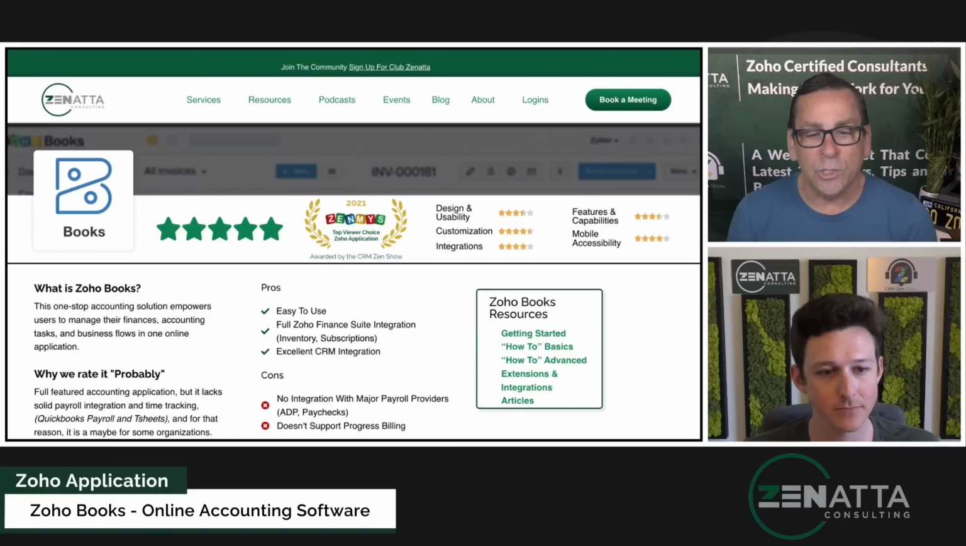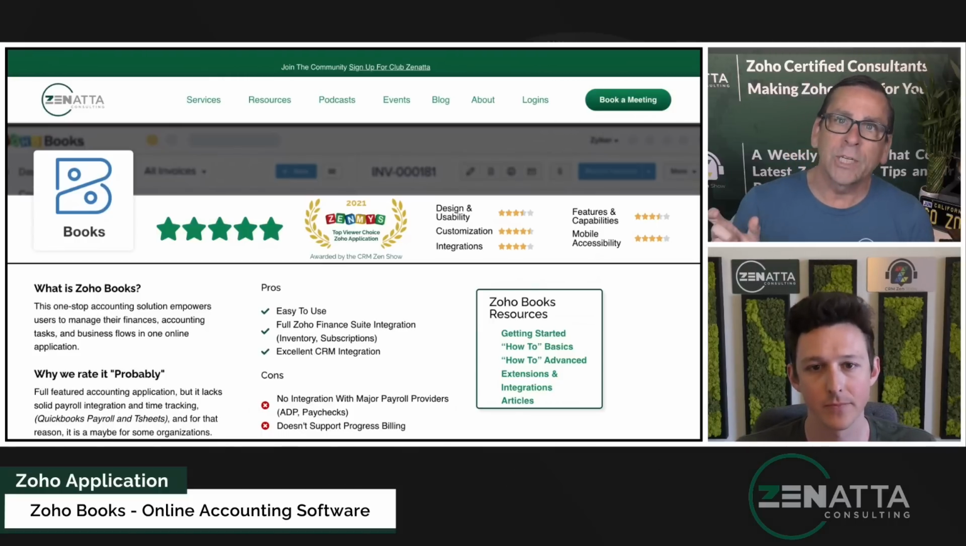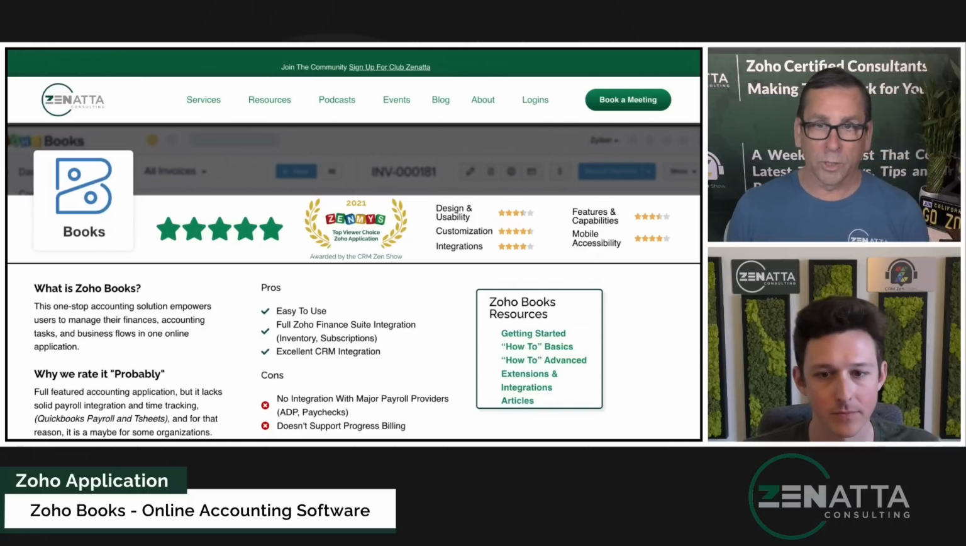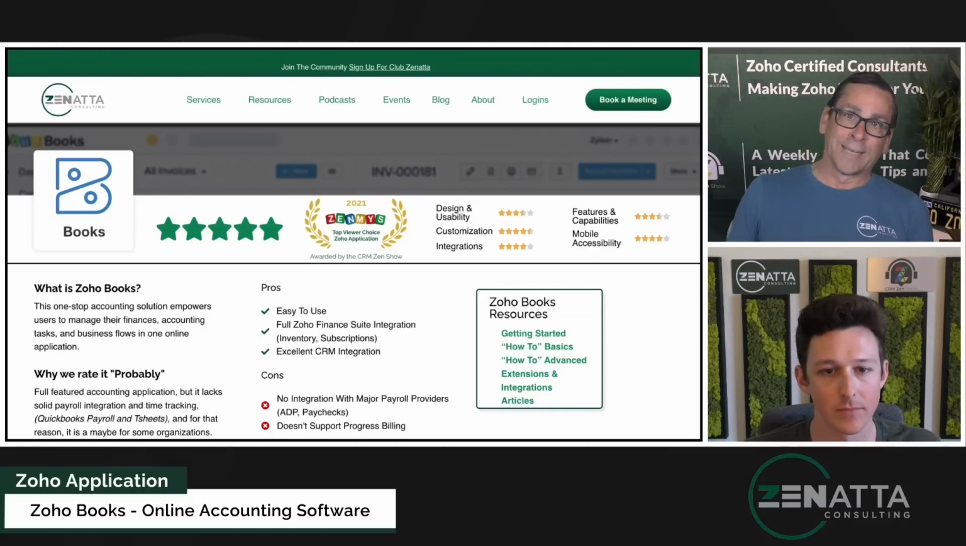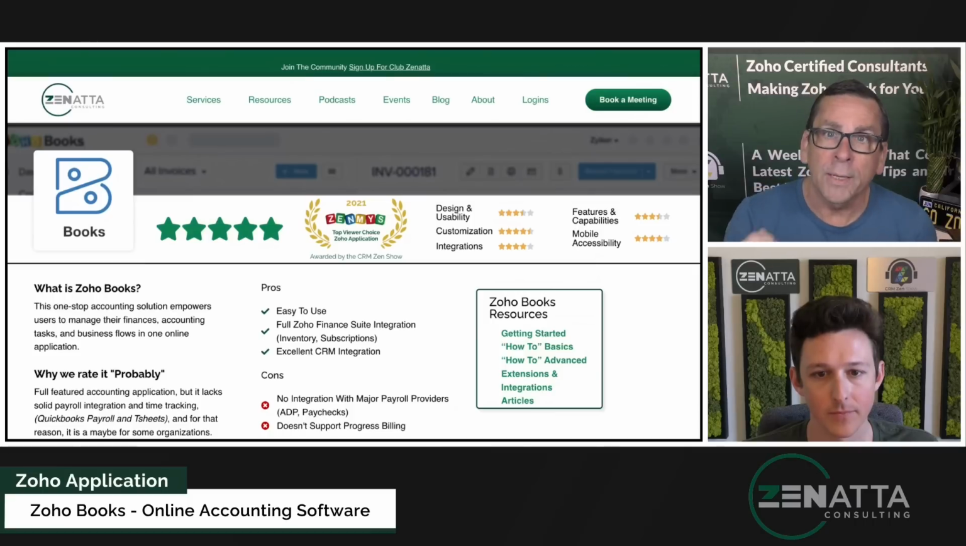And it doesn't integrate with most of the major payroll providers. Paychex has a subsidiary called Sure Payroll, which is for businesses under 100. It does have an integration with Sure Payroll. And of course, it'll work with Zoho Payroll, which we'll talk about soon. But that kind of becomes a big